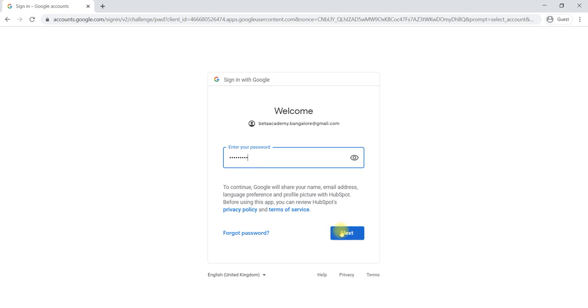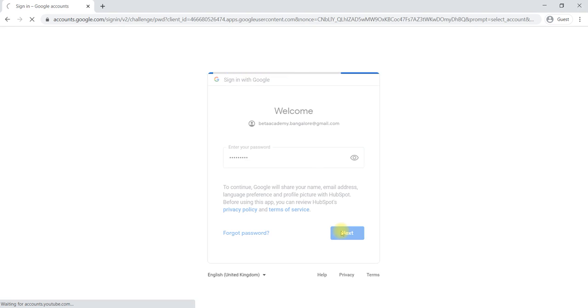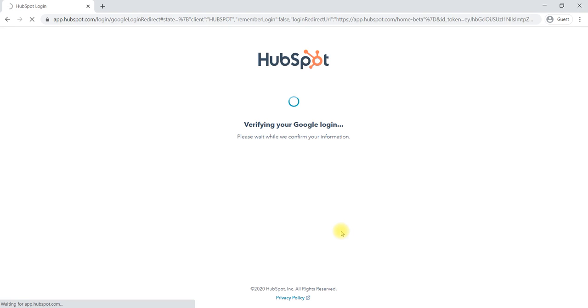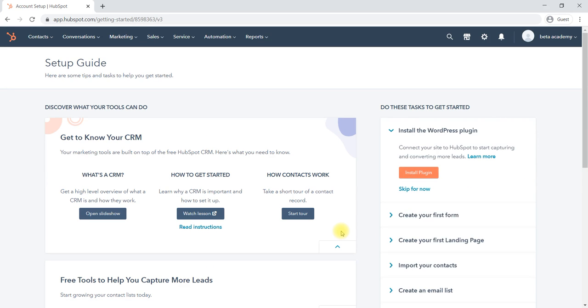We have to use the Google account email address and password to log back in to your account. Whichever Google account you used to create the account, we have to use that one for the login. Once you have logged in, it will look like this.